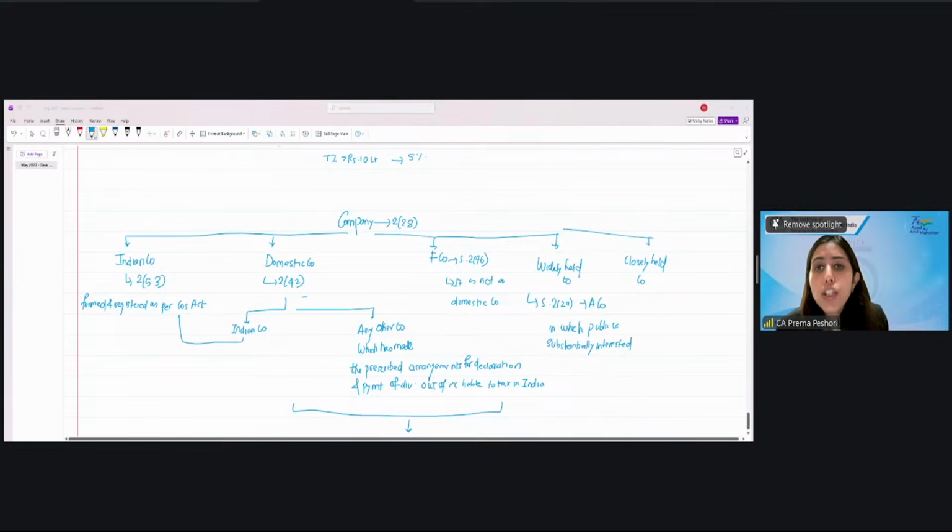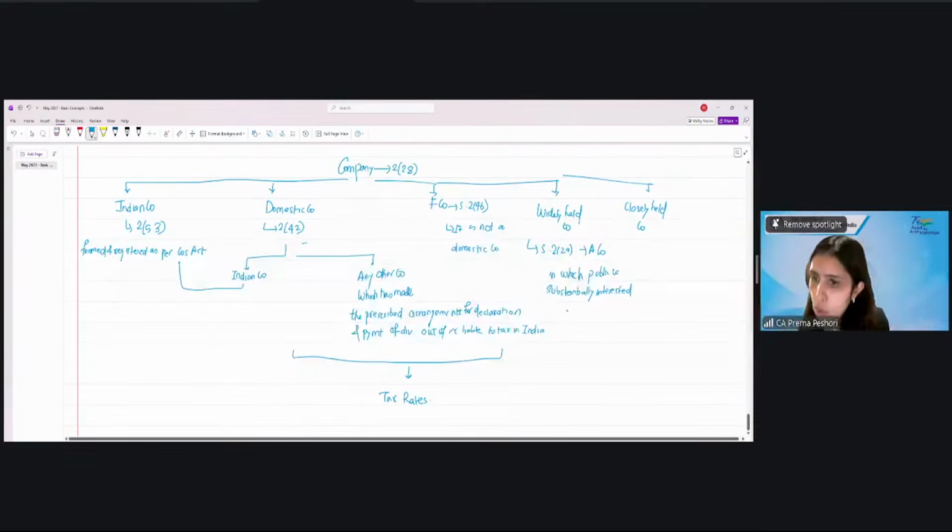A company in which the public is substantially interested. That is, we call it normally in the normal language a widely held company. A company in which the public are substantially interested. So as the name suggests, it will include the following companies. A company which is owned by the government, so a government company. The company which is owned by RBI,